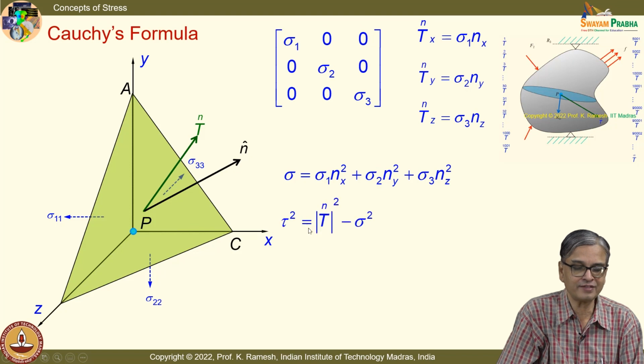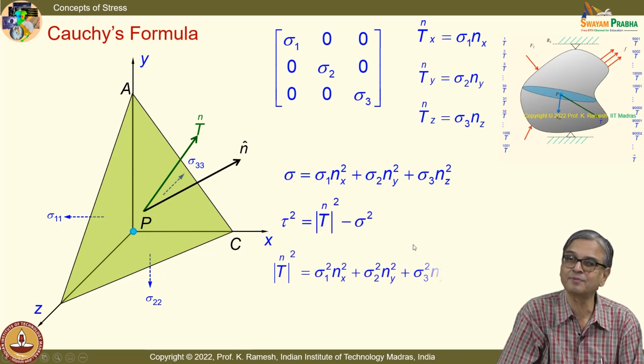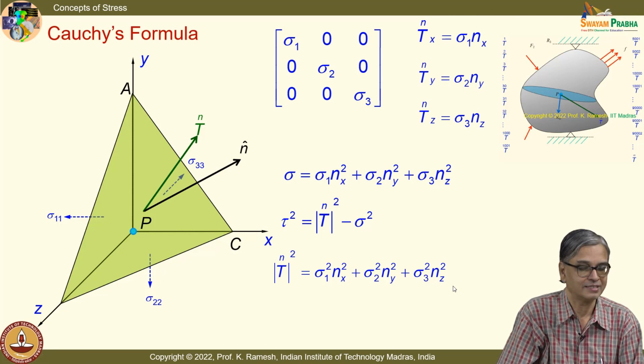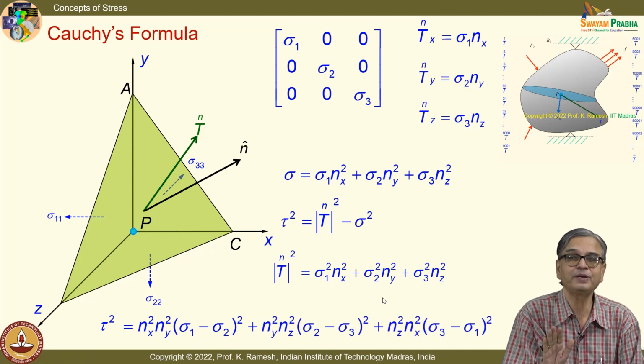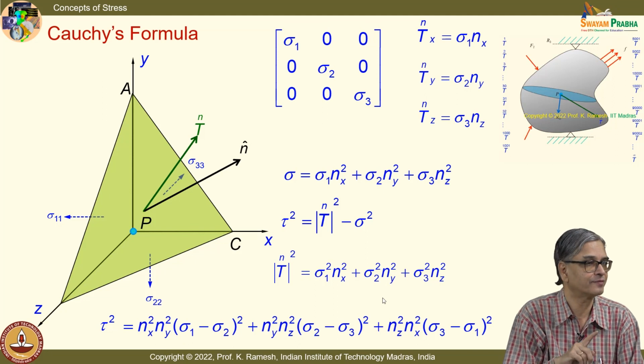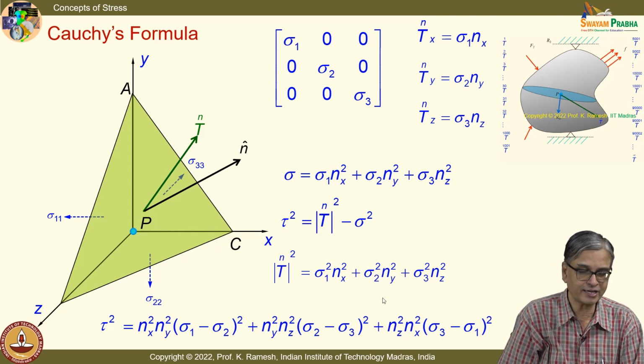And I also have the shear stress as Tn squared minus sigma squared. So I have Tn squared is sigma 1 squared nx squared plus sigma 2 squared ny squared plus sigma 3 squared nz squared. And I can substitute it in this. I am showing the expression for you, okay, but I expect you to do that as a homework. Please do that as a homework. I want to give one more homework today. Fine. The next homework is,